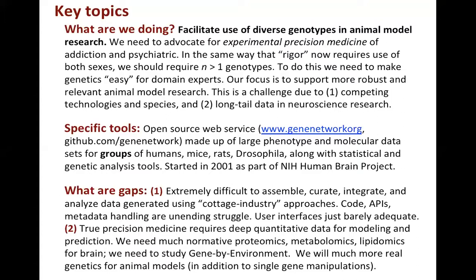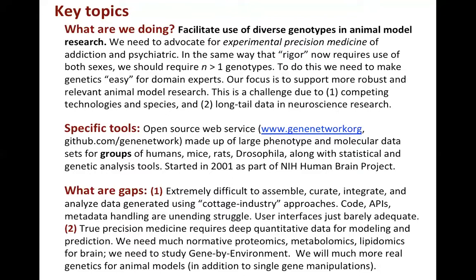You can download it in bulk, you can download it in piece, or you can just use a system that we've built and analyze it within the web service in the same way that you can do quite a bit of analysis using the Human Connectome resources. I'm going to focus on mouse and rat. Sorry. But I will perhaps do a slight detour to the genotype tissue expression data set, the GTEx data that has been so well funded by all of NIH actually as a director's program.